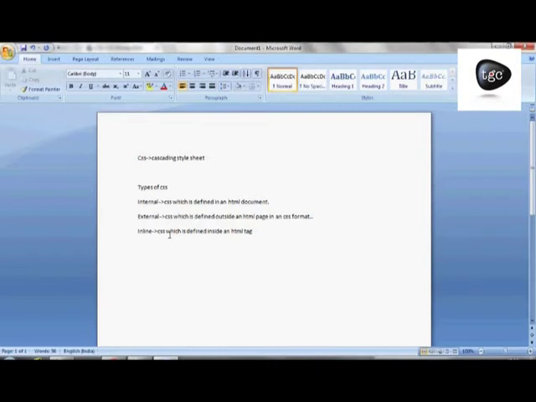So where do we use it? Suppose we want to design a particular page, we have only one page, so we use internal CSS, because whatever style you want to give in that particular page, I will use internal CSS. But if I want to control multiple pages, suppose I have 10,000 pages, 5,000 pages, or 10 pages, I can control multiple pages by one CSS, that is external CSS. And suppose I want to style a particular tag, I don't want to define the styles separately, so I just directly go in the tag and define the inline CSS.